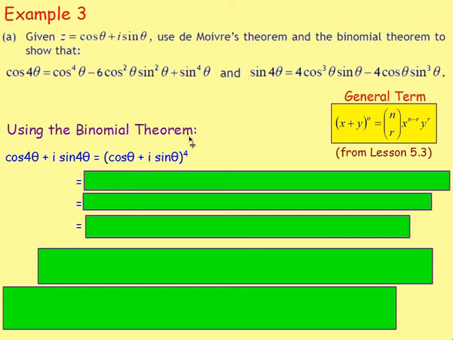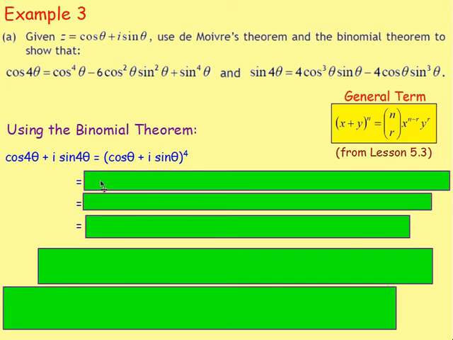And if we have our polar form all to the power of 4, all we do is have the modulus to the power of 4, so that's 1 to the power of 4, which just becomes 1, so we're just leaving it as it is. But we'd have the argument, the theta, multiplied by 4, so we'd have this 4 theta, and the i sine